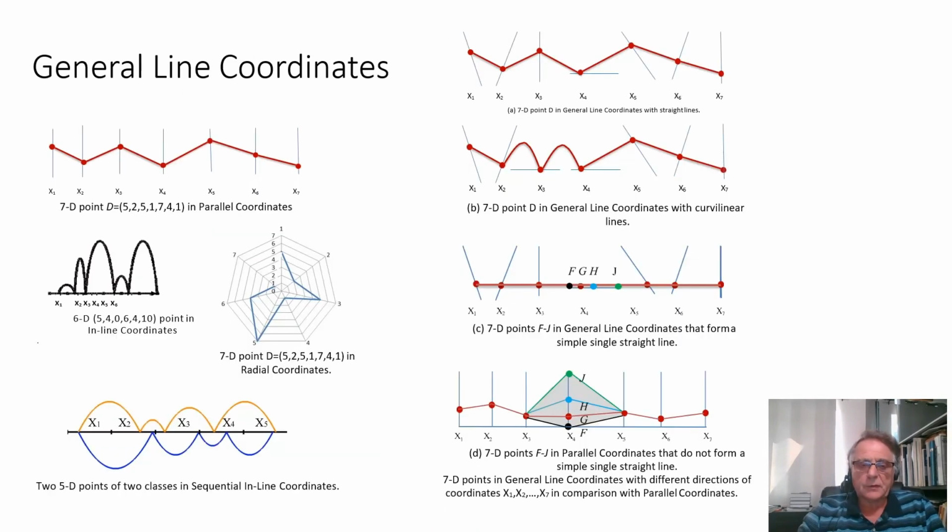Let's look at line coordinates more specifically, because all of the previous examples were just examples. In general, the idea of general line coordinates is that we allow the coordinates to follow any direction, be straight lines, be curved lines, and so on. Now you can see parallel coordinates where all of them are vertically parallel. All coordinates are in one horizontal line, or all of them go radially, or some of them are vertical, some horizontal, and even curvy lines connecting them.